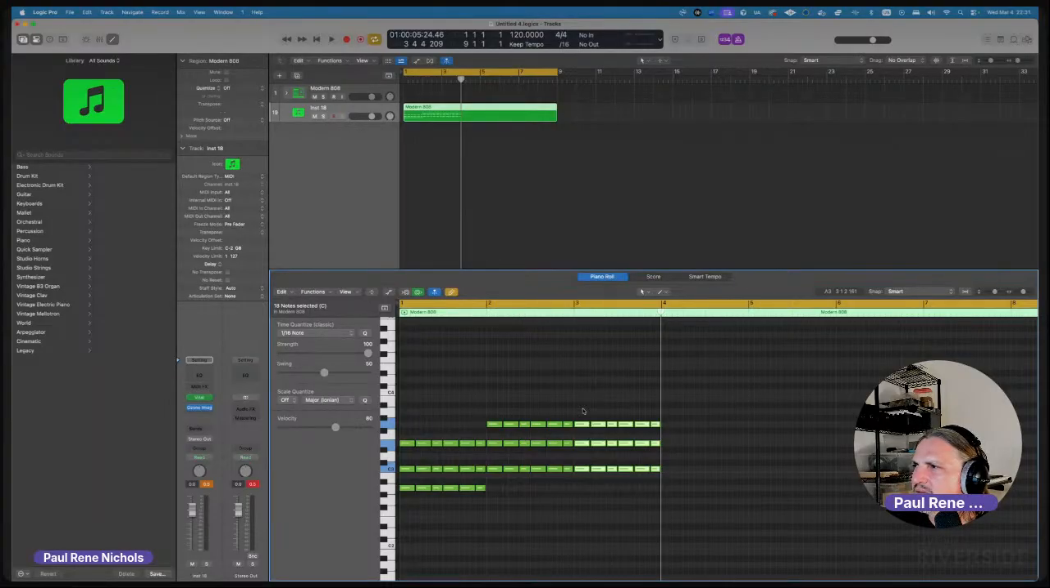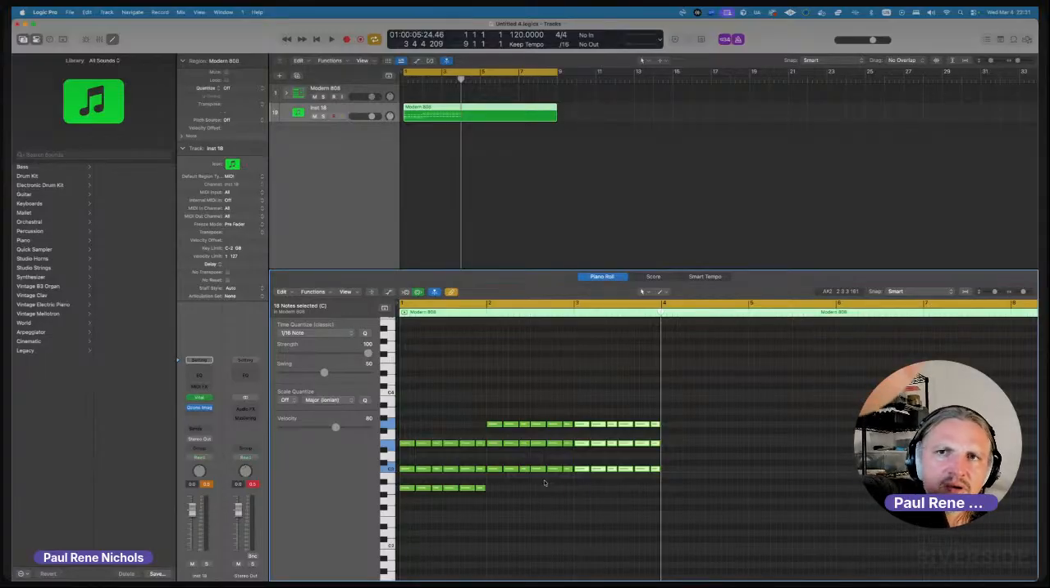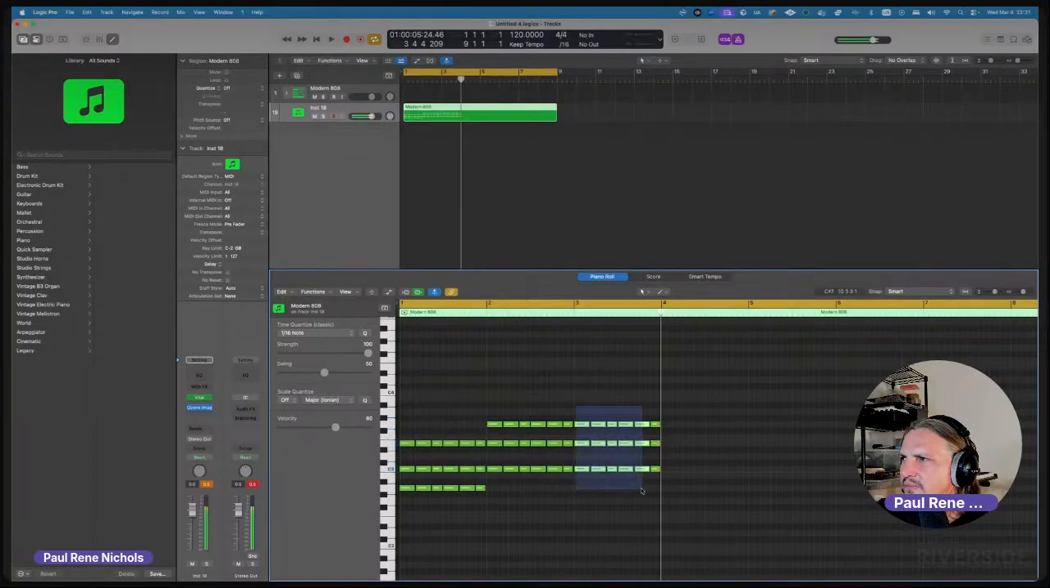Let's see. So we've got an A minor chord, we've got a C major chord. We got an A minor, we got a C, A minor, C major. Let's just, I guess we can try a D minor,